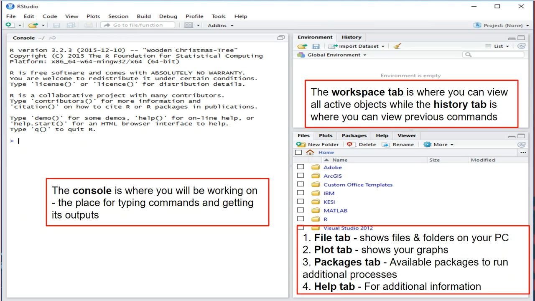Now that we have RStudio installed in your computer, let's have a look at what RStudio offers. On the left, you can see a large box which is essentially the R console. The console is where you'll be working on. It is a place for typing commands and getting its outputs. On the top right, you'll see the environment and history box. The environment is also known as the workspace tab. The workspace tab is where you can view all active objects, while the history tab is where you can view